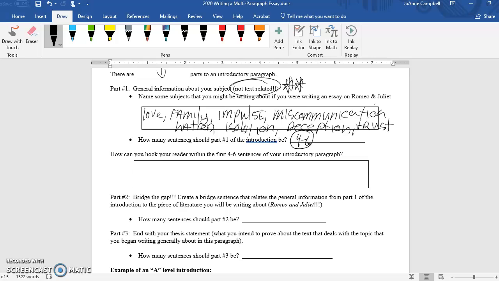Next, how can you hook your reader within the first 4 to 6 sentences? You can do statistics. Okay, that's an interesting hook. You have to have a way to entice your reader to want to read your essay. So like if you're doing something about maybe deception, lies, maybe it could be like divorce rates or something like that, and you could tie it in. Or love, isolation. I mean, there's tons of things you could do, but you want to think about what your theme is that you're proving, and maybe find some statistics to help prove your idea, but not talking about Romeo